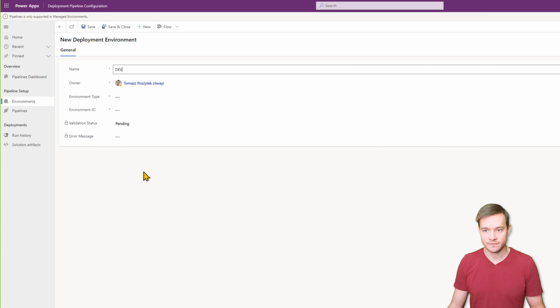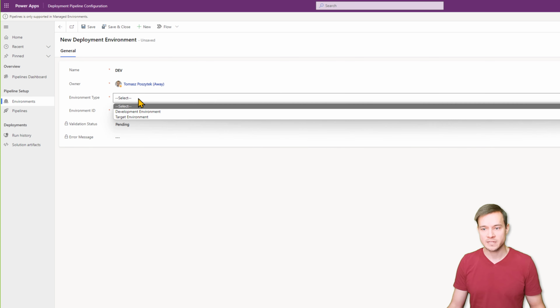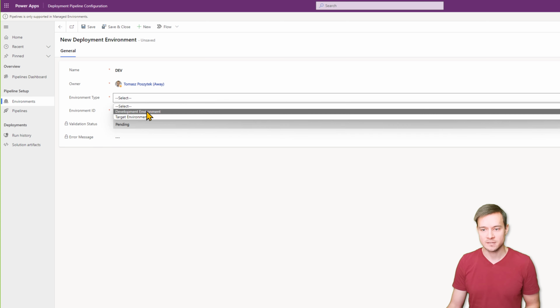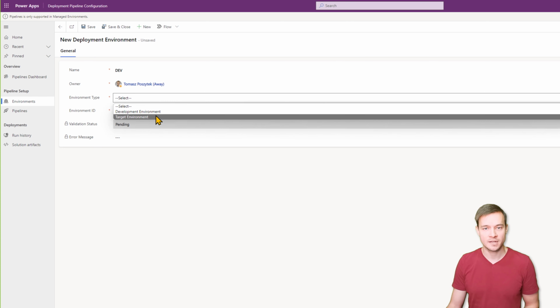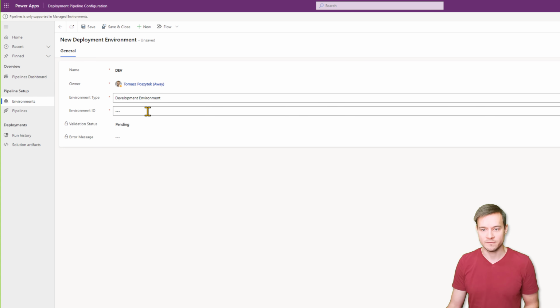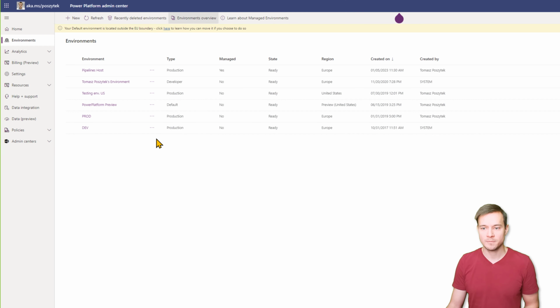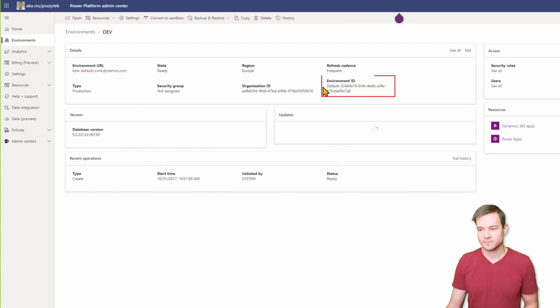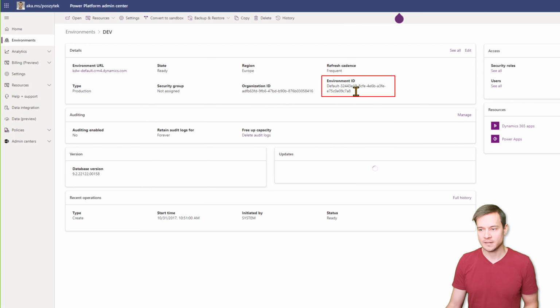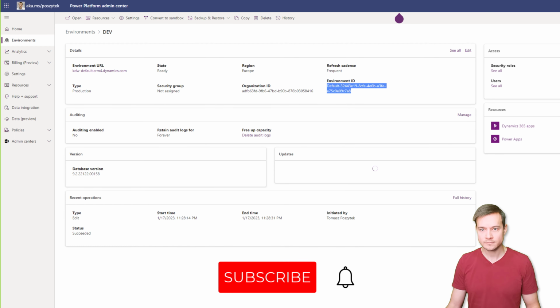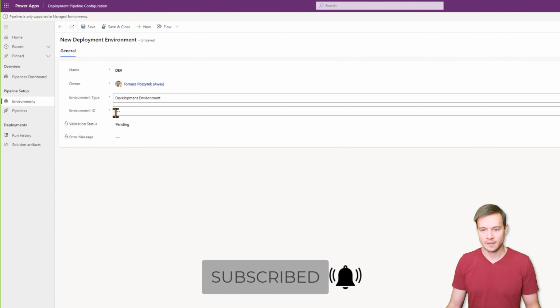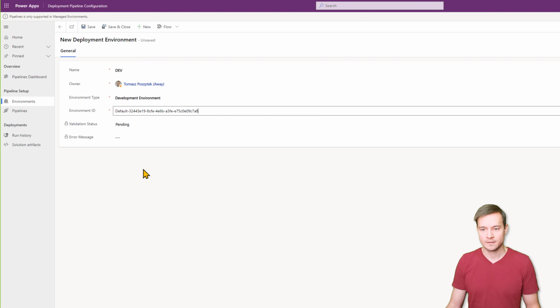So first you need to name this environment. Let's call it dev. Then you have to select what kind of environment it is, whether it's a development environment or a target environment. Let's say it's a development environment. Then you need to navigate to Power Platform Admin Center and grab the ID of the environment you want to add. So that's the environment ID that I need to copy